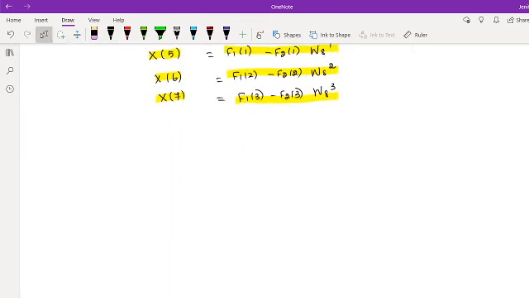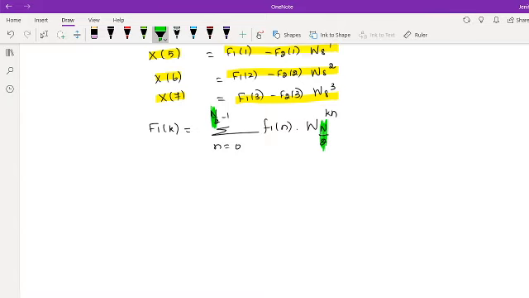I am continuing from the F1 of k. So F1 of k is now a 4-point spectrum, that is equal to summation n equals 0 to N by 2 minus 1 of f1 of n into W_{N/2} power kn. We know that this is an N by 2 point DFT, so in this place it is N by 2 and even in this place you will get N by 2 point.